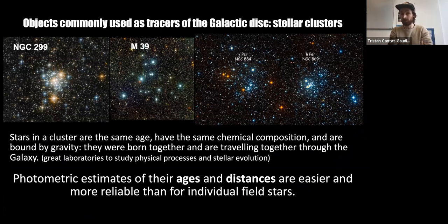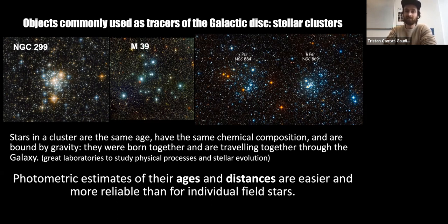of the structure of the Milky Way for a long time. They have two very interesting properties for the purpose of tracing the Milky Way: their distances and their ages can be estimated much more easily than for individual stars. And there are young clusters, old clusters, so they have been witnessing a large fraction of the history of the Milky Way. And so on top of looking very nice and providing very nice pictures to put in your PowerPoints,